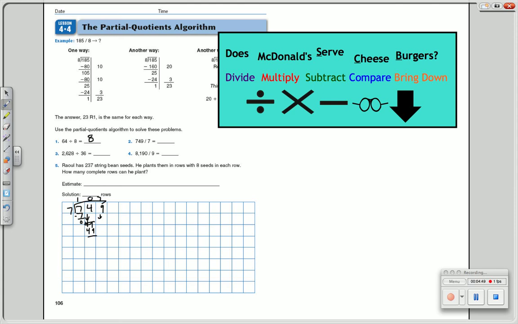So I take 49 minus 49, and I'm left with 0. So it looks like my answer for number 2 is 107. Let's move on to question 3. All right, so